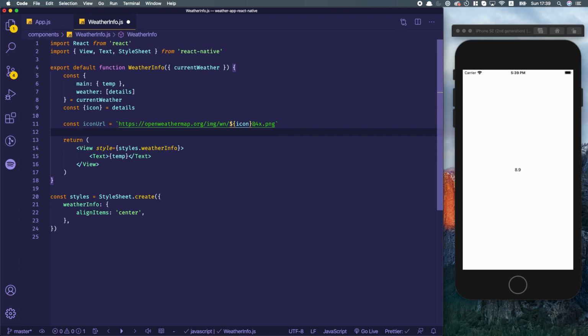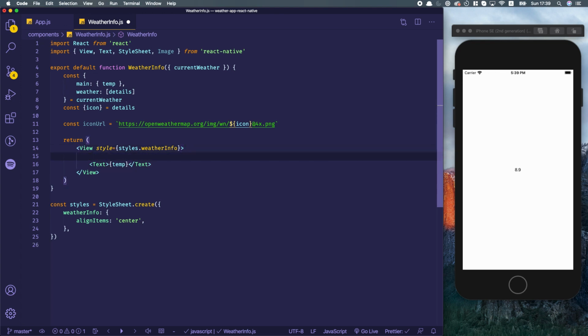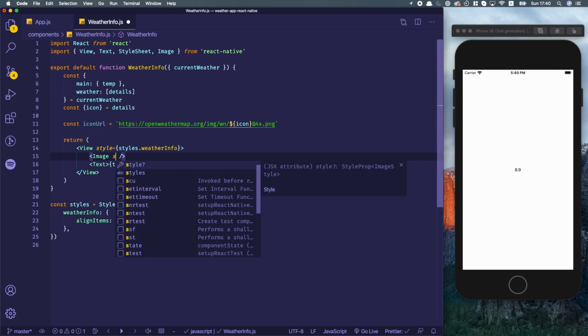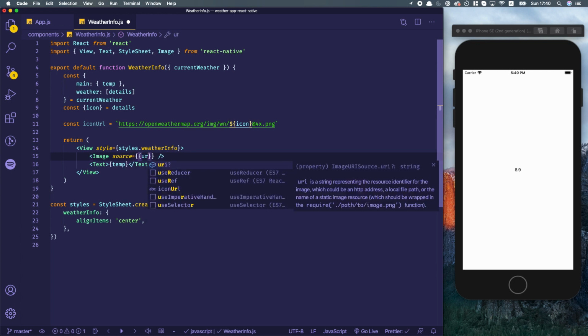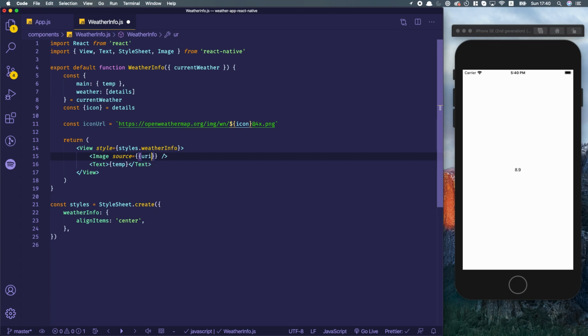And to display that, we are going to use the Image component from React Native. So this is kind of similar to what we have on the web, but also a little bit different. We are going to use the Image component, and here I'm going to use the source prop that this component has, source equals, and here I'm going to use the uri. So this is going to be a URL property, and I can pass the iconUrl. And if we save,